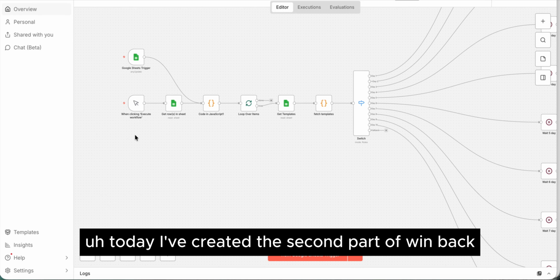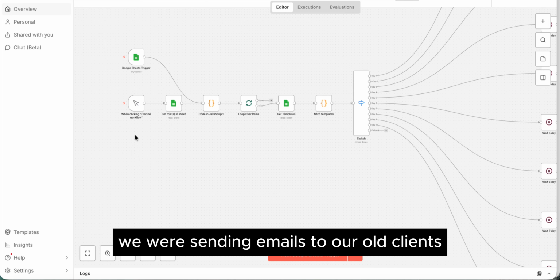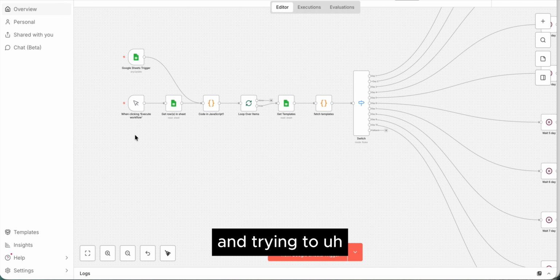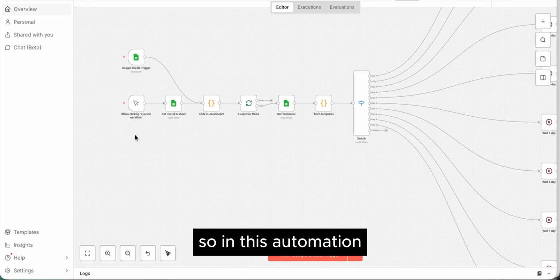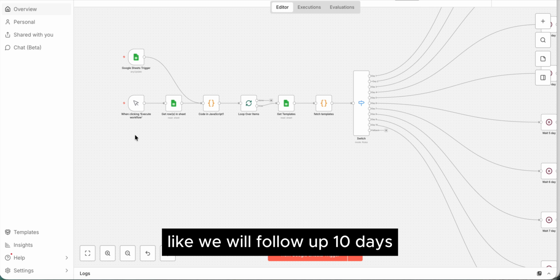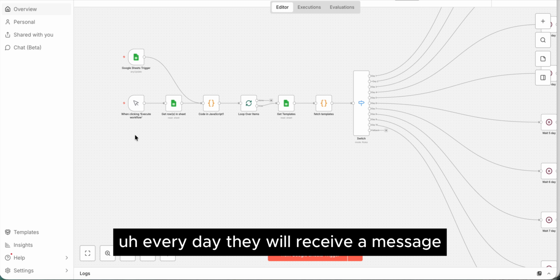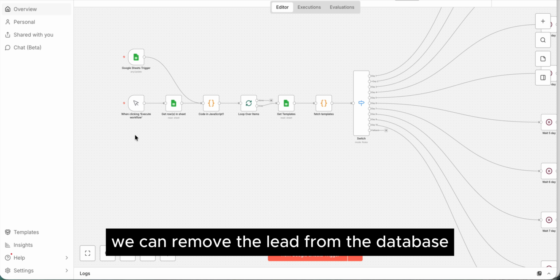Today I've created the second part of Winback old clients automation. In the previous automation, we were sending emails to our old clients and trying to reapproach them to buy our services. So in this automation, we are going to send messages to our old clients. We will follow up for 10 days. Every day they will receive a message, and if they're interested in automation, we can remove the lead from the